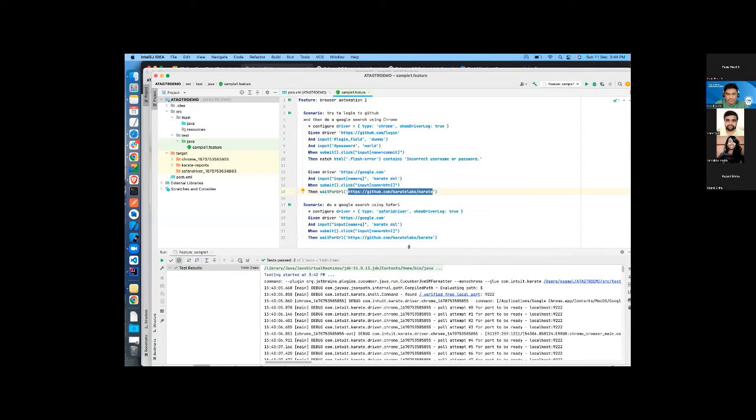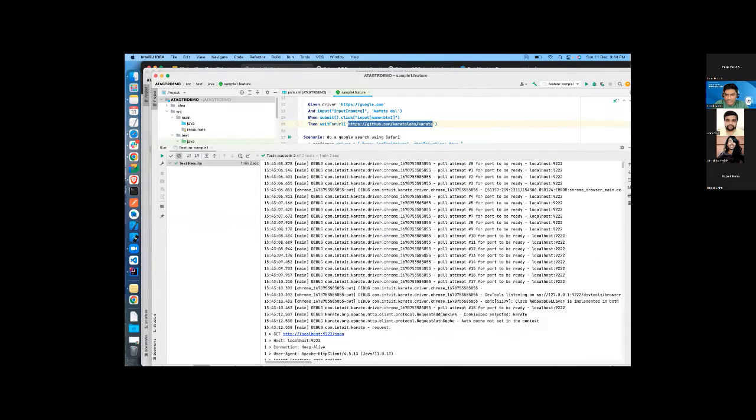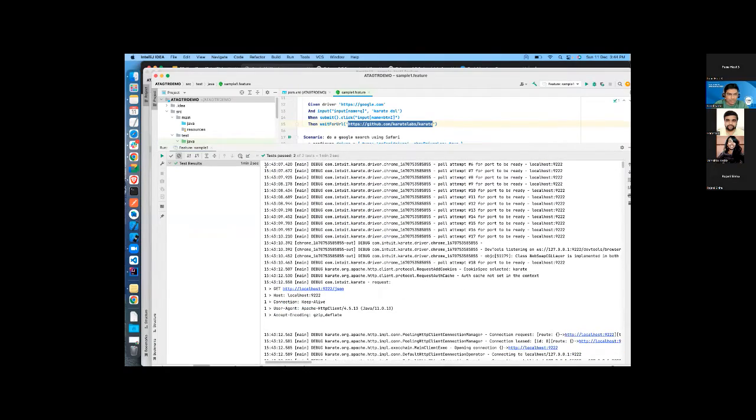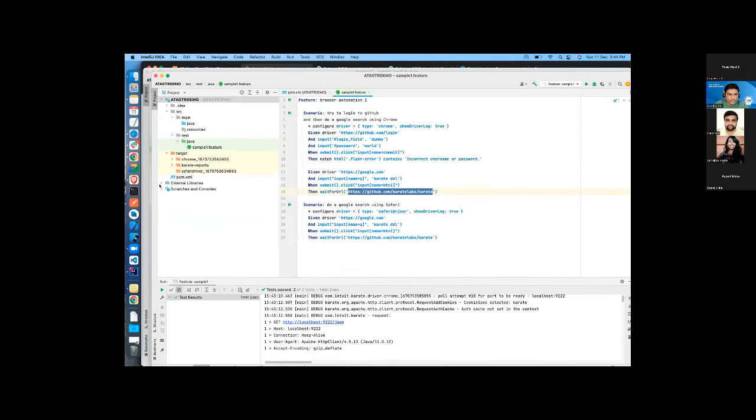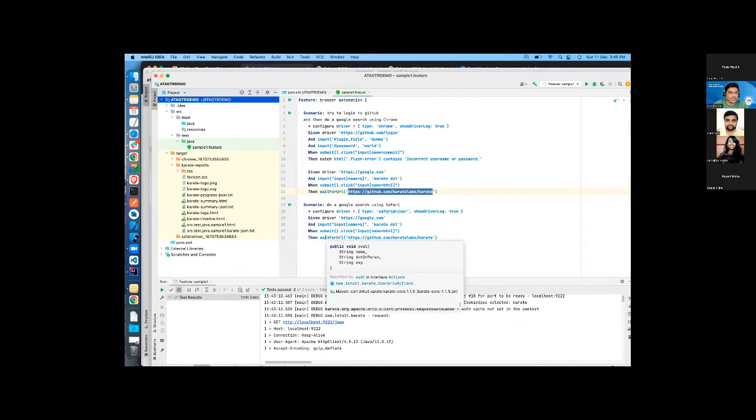So with this, I'm pretty much done with the basic setup. What I wanted to show is, I'm not able to quickly scroll, so I will just show here. It generates a quick report. I think Rajni will be taking over from here to showcase how quick and easy it is to write the scripts, to do the UI automation, and showcase more features of Karate. So Rajni, over to you.